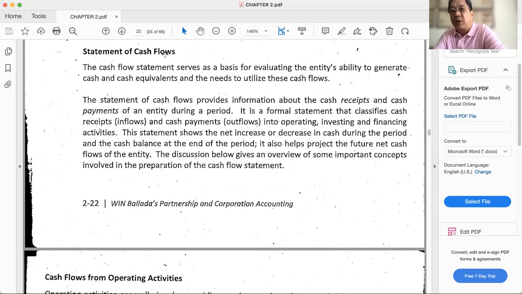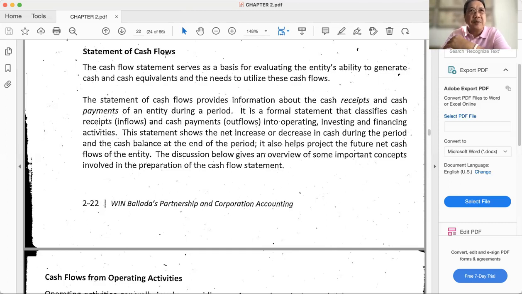Ano ba yung cash flow? The cash flow statement serves as a basis for evaluating the entity's ability to generate cash and cash equivalents and the needs to utilize this cash flow. Paano tumakbo ang cash? Lahat lang ng cash transactions. So yung adjusting entries, wala yan dyan. Depreciation, wala yan dyan. Accruals, wala yan dyan. Lahat lamang ng cash